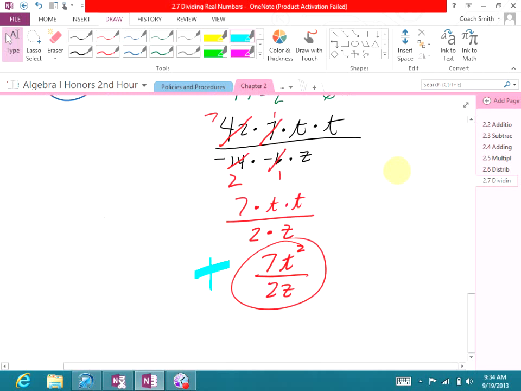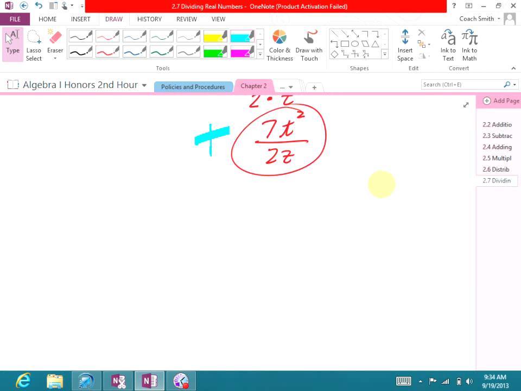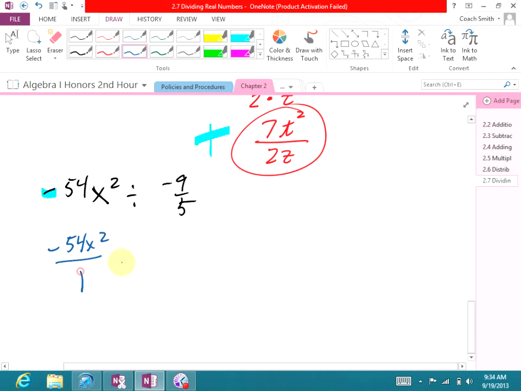Let's look at number 43. Number 43 says, let me get back to regular writing. Negative 54x squared divided by negative 9 over 5. Obviously not as complicated as that last one, but it's still a little bit more complex than we're used to. Okay? Now, so if I rewrite the problem, that gives me negative 54x squared over 1 times negative 5 over 9. Now, understand, negative 9 over 5,